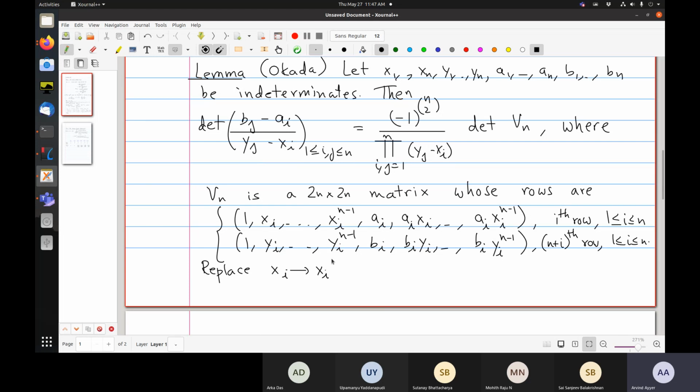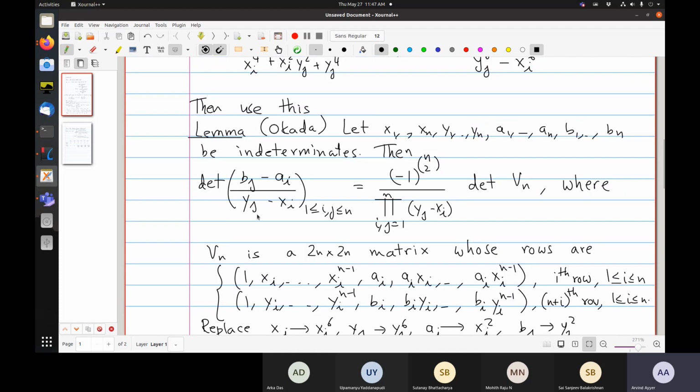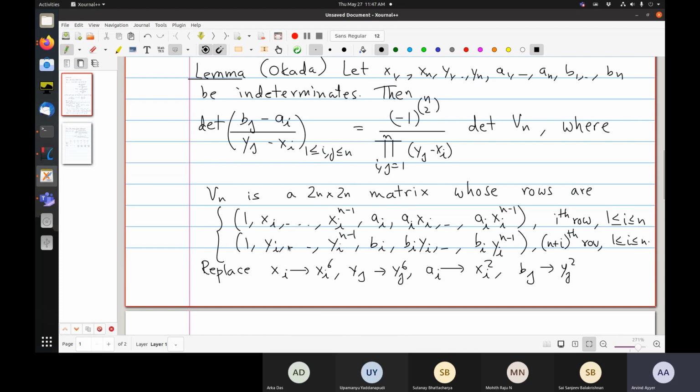And now you can see that if you replace xi by xi to the 6, yj by yj to the 6, ai by xi squared, and bj by yj squared, that does the trick. So then you can apply it, and what Okada's lemma shows is that this determinant becomes equal to a matrix whose rows and columns look like this. And now you can see the double staircase appearing